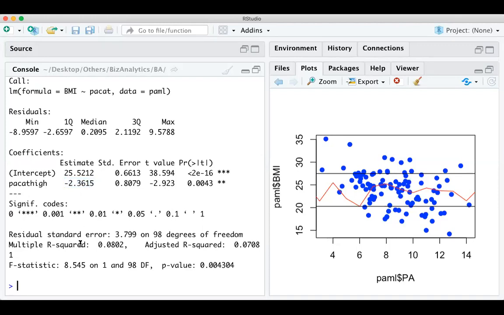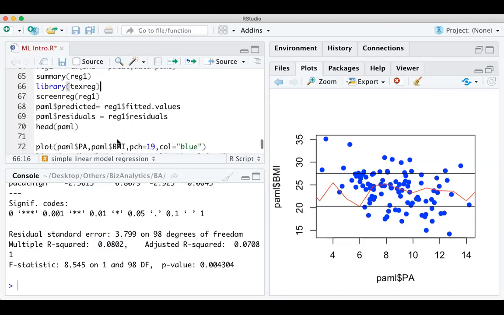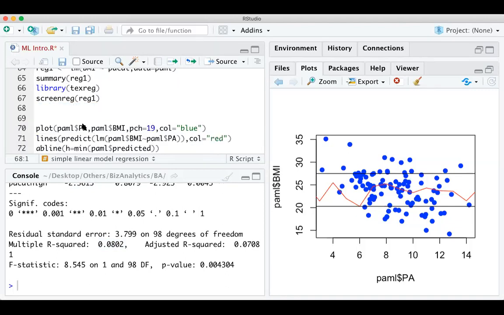What is the R square? R square has dipped down to only 8%. So it is understood that for this data, it is better to use continuous rather than categorical because R square is very low. Okay, so that is what we understand, right? If you want to go further, you can do that, but I don't think it's worth exploring because the R square is much lower than what we got earlier. So I'm not going to explore this further. If you want to explore, you can, but there is no meaning in doing that because R square is lower than what we expected.